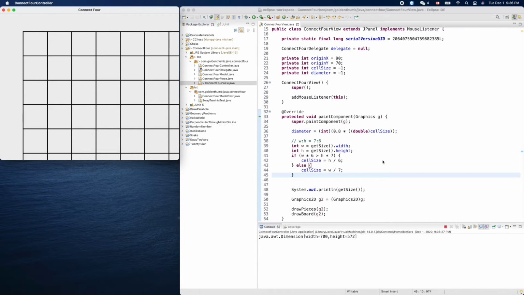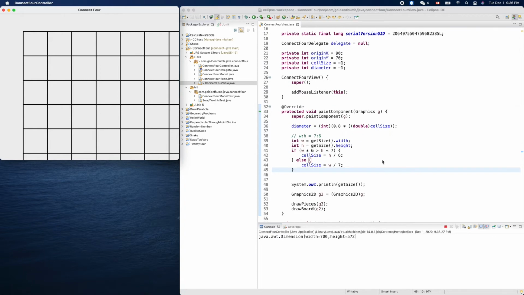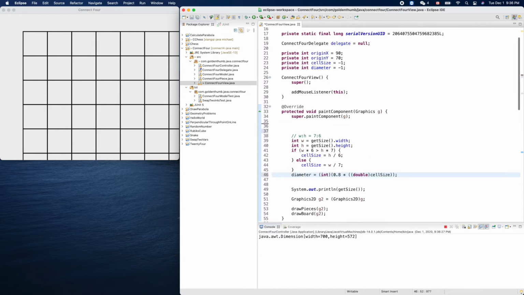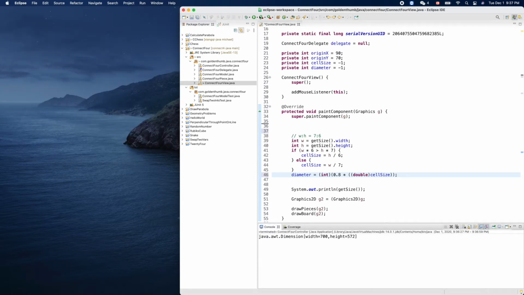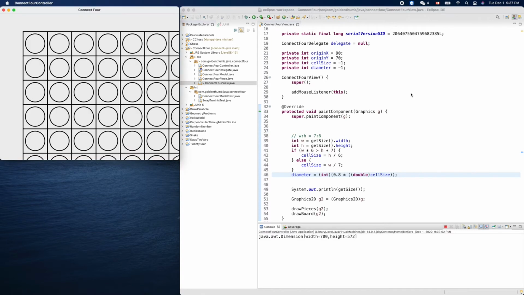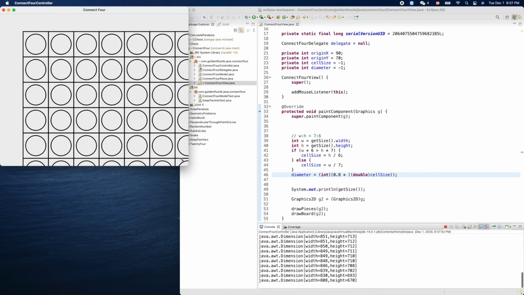Well, because we need to move this one to here, otherwise we use the cell side minus 1 there. Okay, so let's try it again. It's good, right? Now it's proportional,